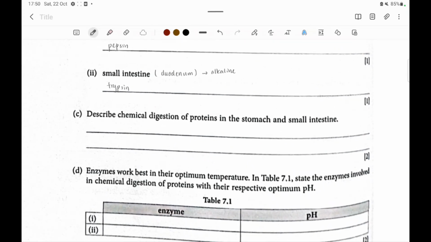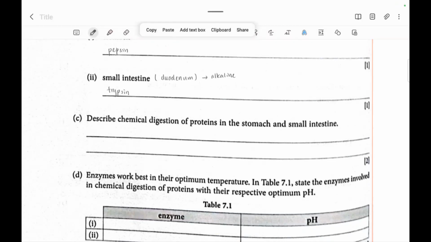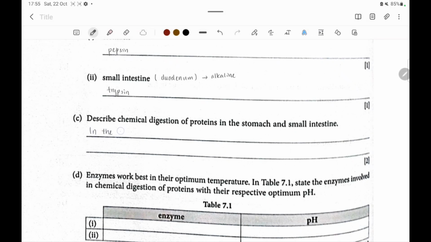So this one, write the answer. In the stomach, pepsin enzyme breaks down proteins